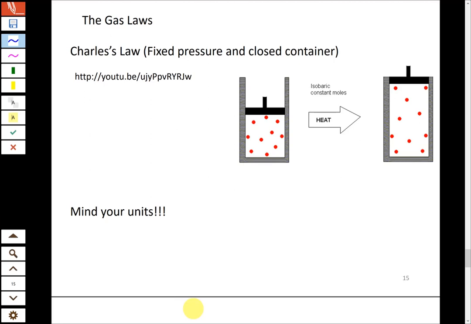So for Charles's law, that's the relationship between volume and temperature. And we saw in this case that those two were directly proportional to each other. When the temperature got lower, the volume got smaller. When they warmed it back up to a higher temperature, the volume got bigger again. So that's a direct relationship, meaning that volume and temperature are directly proportional. Written like that, or stated as V is directly proportional